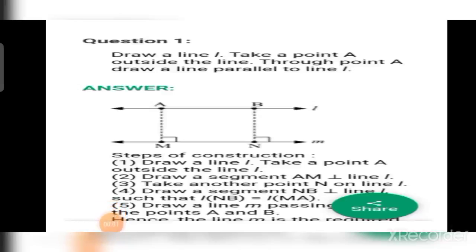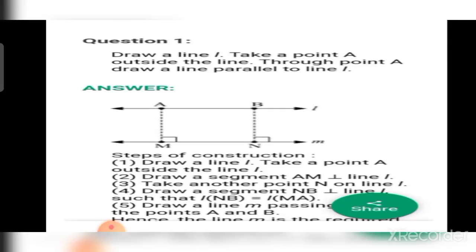Okay students, we had seen how to draw a line parallel to a given line, and I have shown two examples. We have studied two different methods. One method was by using a set square, second method was by using protractor. Now let us take some examples from practice set number 2.3.